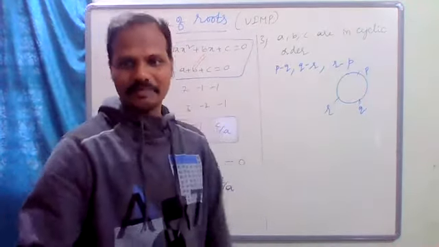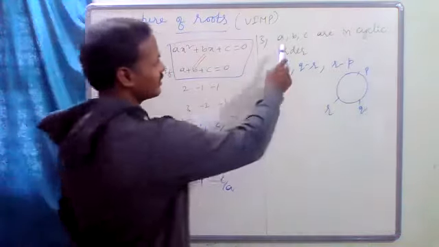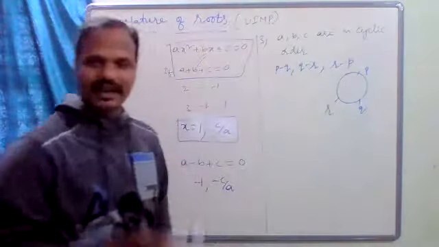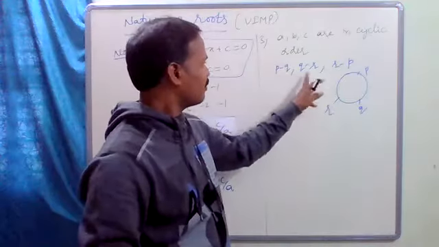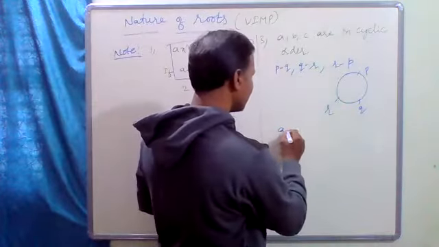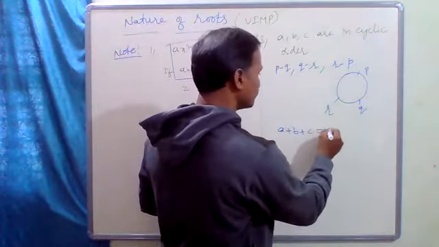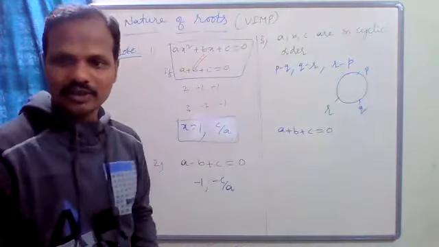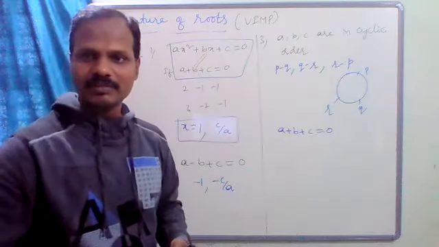Yes. A plus B plus C equals 0. A, B, C are in cyclic order. If you sum these values, what is the sum? A plus B plus C equal to 0. So A plus B plus C is 0, which means what is the